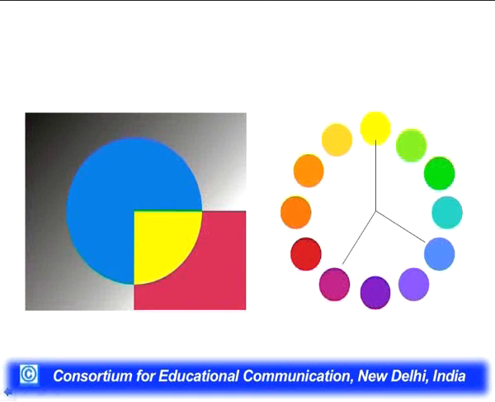This is an example of a complementary color scheme. See these colors, which we have chosen from the color wheel. So this is yellow, and blue is very prominently used here, and red violet, these are the other colors that make the complementary scheme, and all are bright colors. And we have used a background from dark to light, that is black to white, on which the colors can stand out.